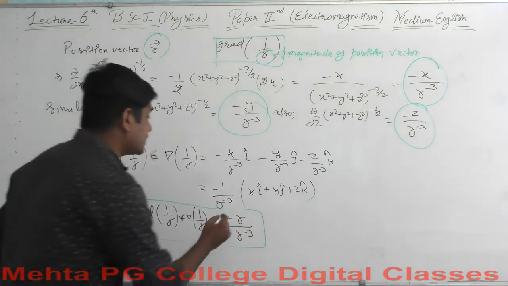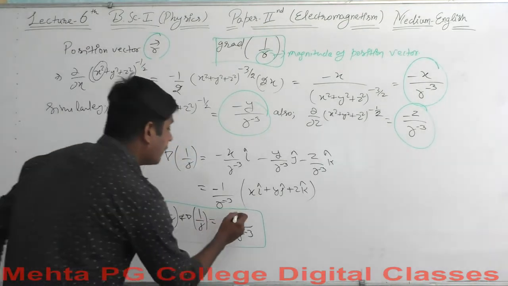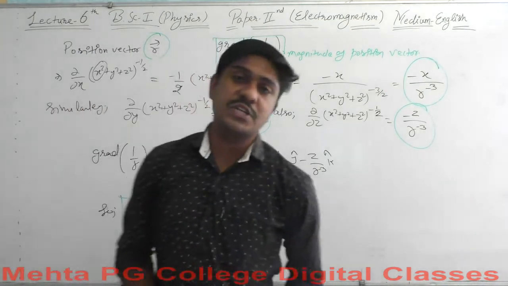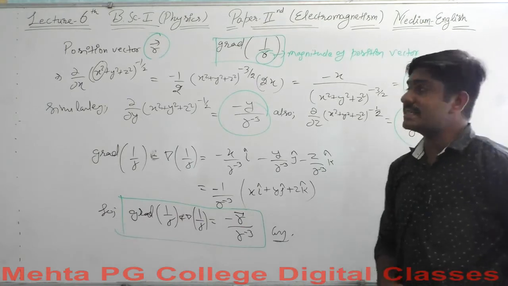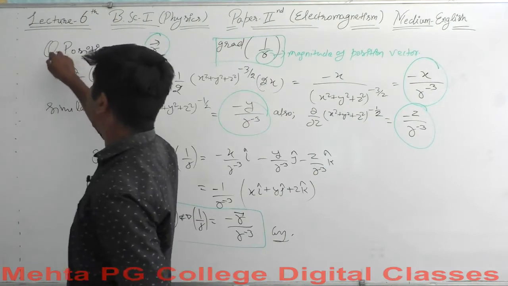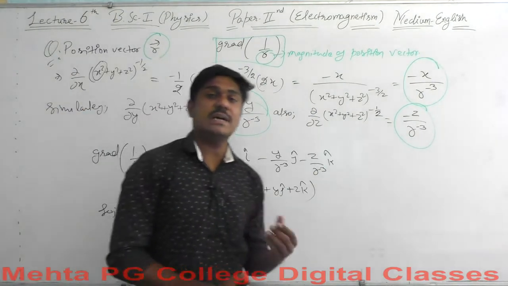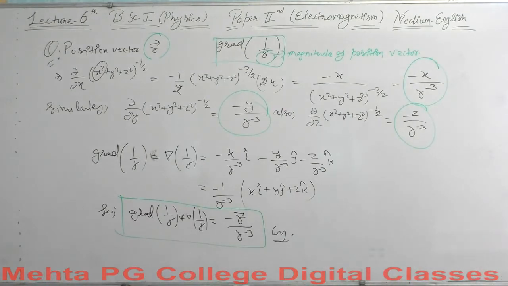I think this is pretty much easier for you to understand, and this is a frequently asked question in your recent examination, and it is important from your examination point of view. So this is the most important example. You can take a screenshot, let me go aside, and this example will again be pretty easy for you if you understand the concept here. You are simply supposed to go through some partial derivative calculations, and you will end up with this result.